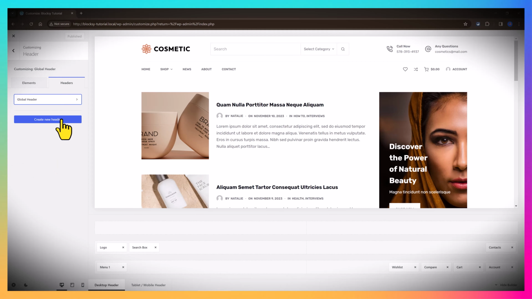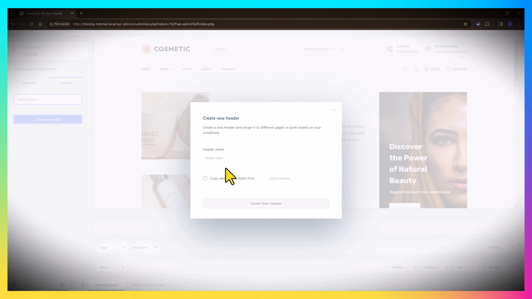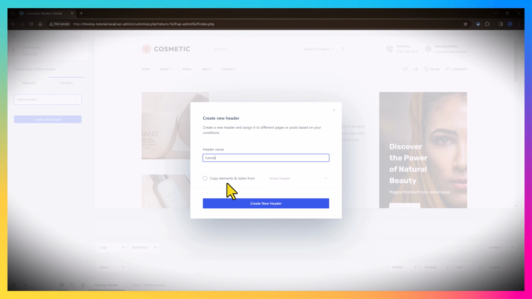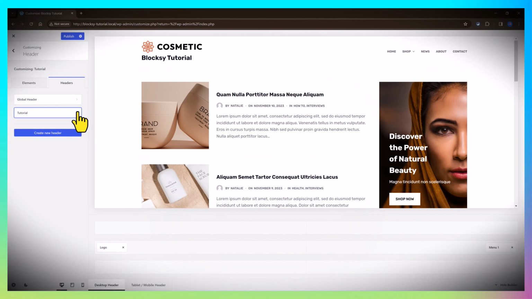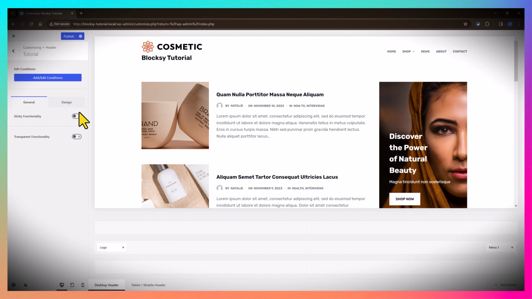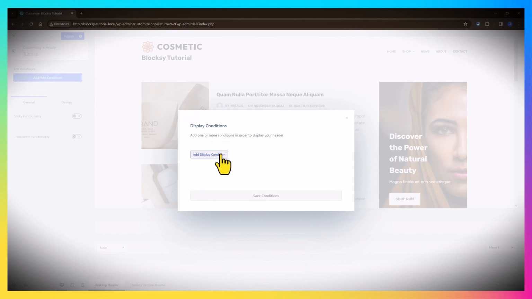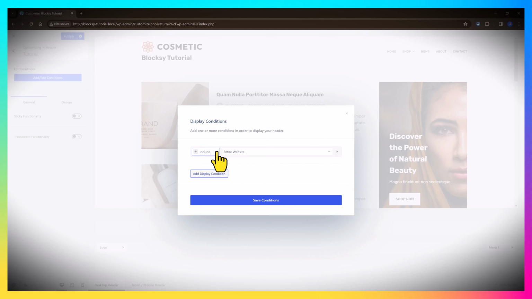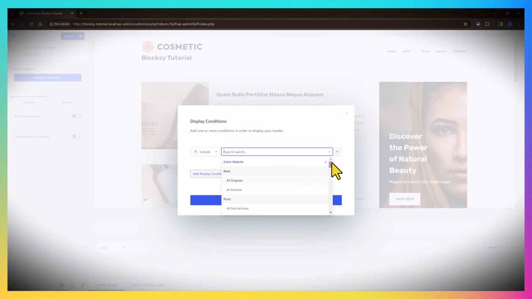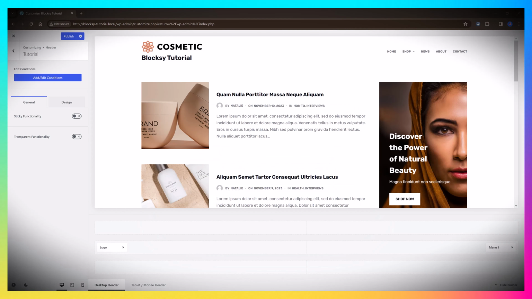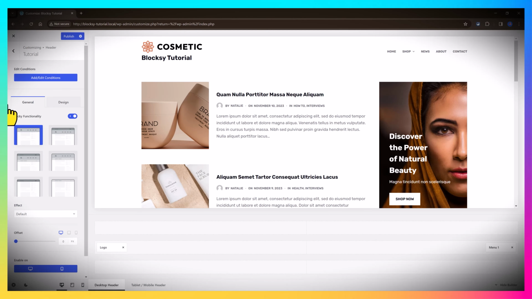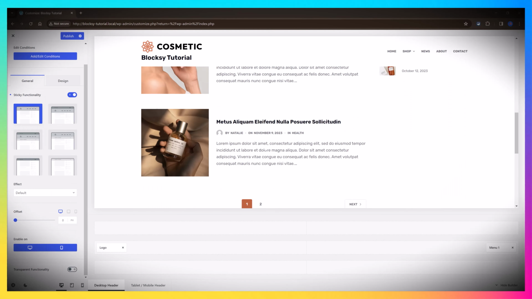So click to create a new header, a global new header, and give it a name without copying any of the elements and styles. Create a new header. As you can see, everything has been removed. We will add the conditions. So add and edit the conditions. I want to include it on the entire website. You can choose from this extensive drop-down list. Save conditions, and also activate the sticky functionality by clicking on this toggle. 6 options to choose from to implement